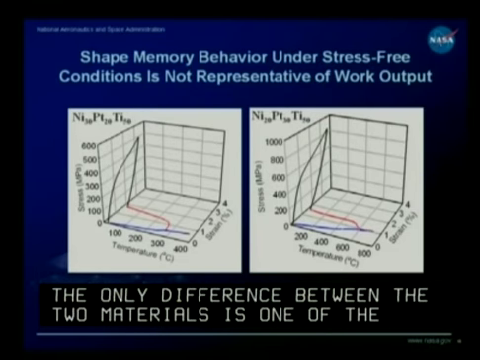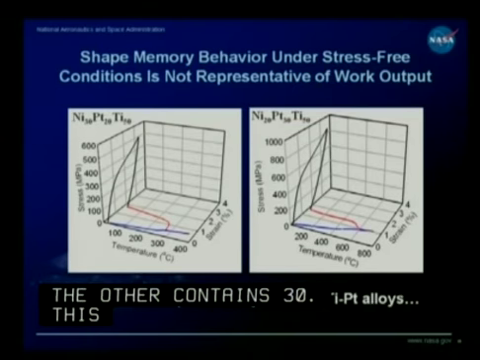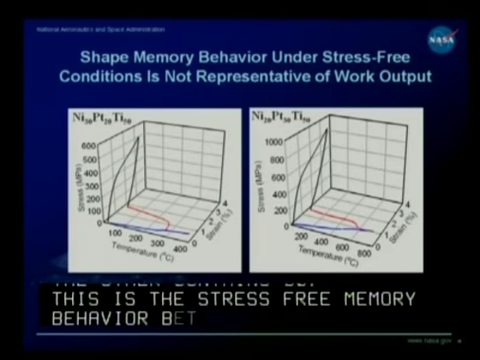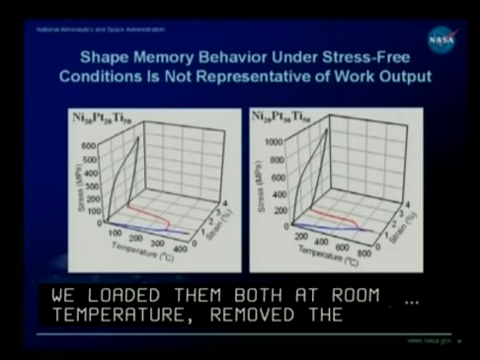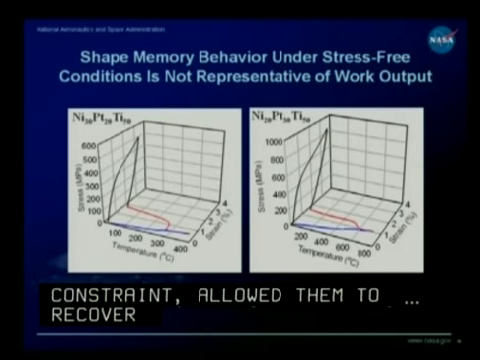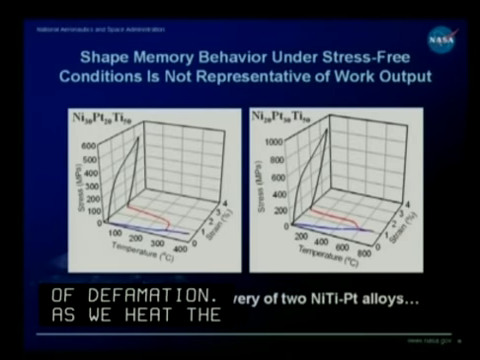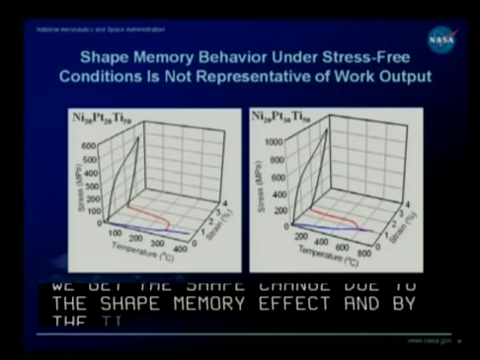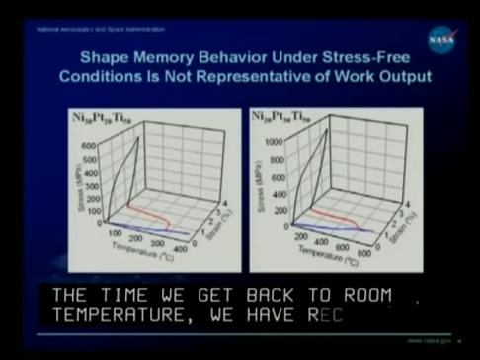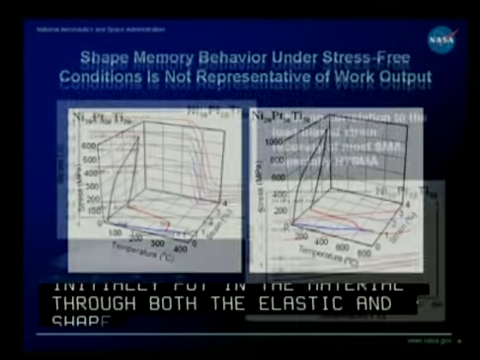This is the stress-free shape memory behavior of those two particular alloys. We've loaded them both at room temperature, removed the constraint, allowed them to recover elastically. We still have a certain amount of deformation. As we heat the alloys back up, we get the shape change due to the shape memory effect, and by the time we get back to room temperature, we've recovered all the strain that we initially put in the material through both elastic and shape memory behavior. Now if you go to the next slide,